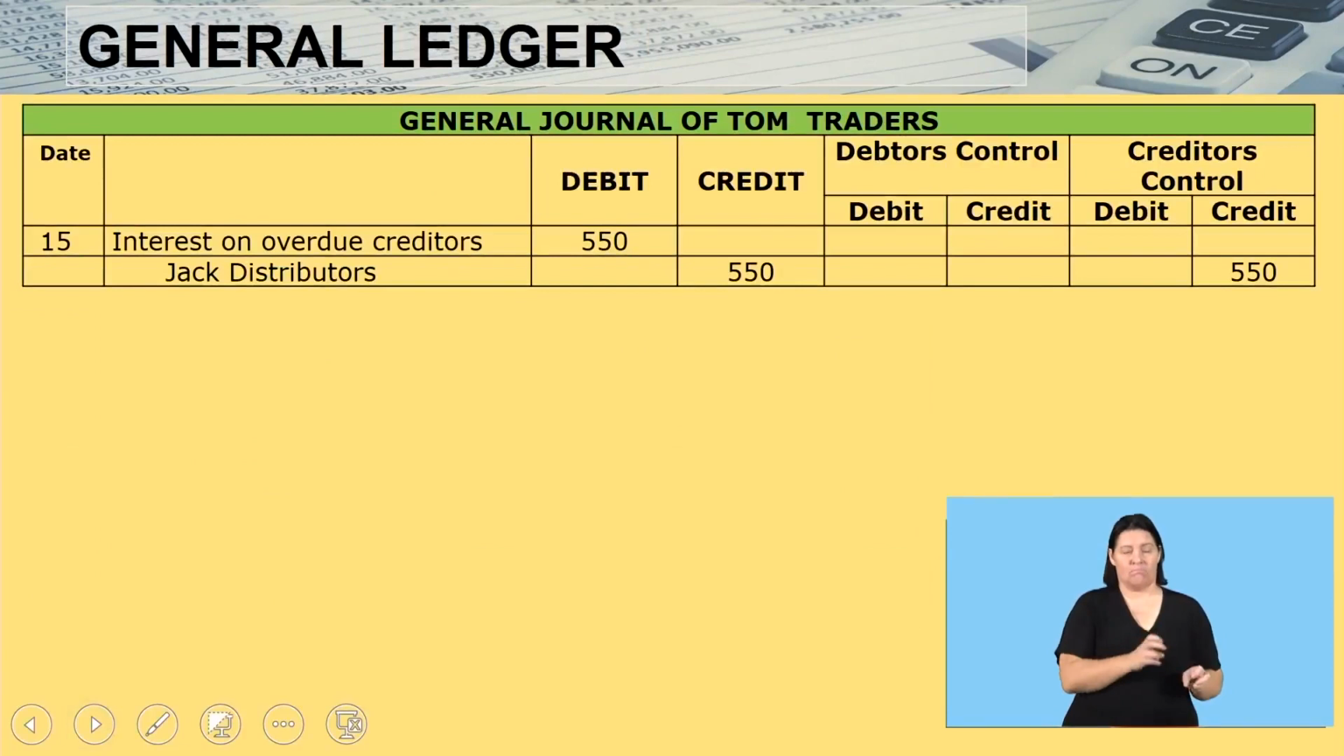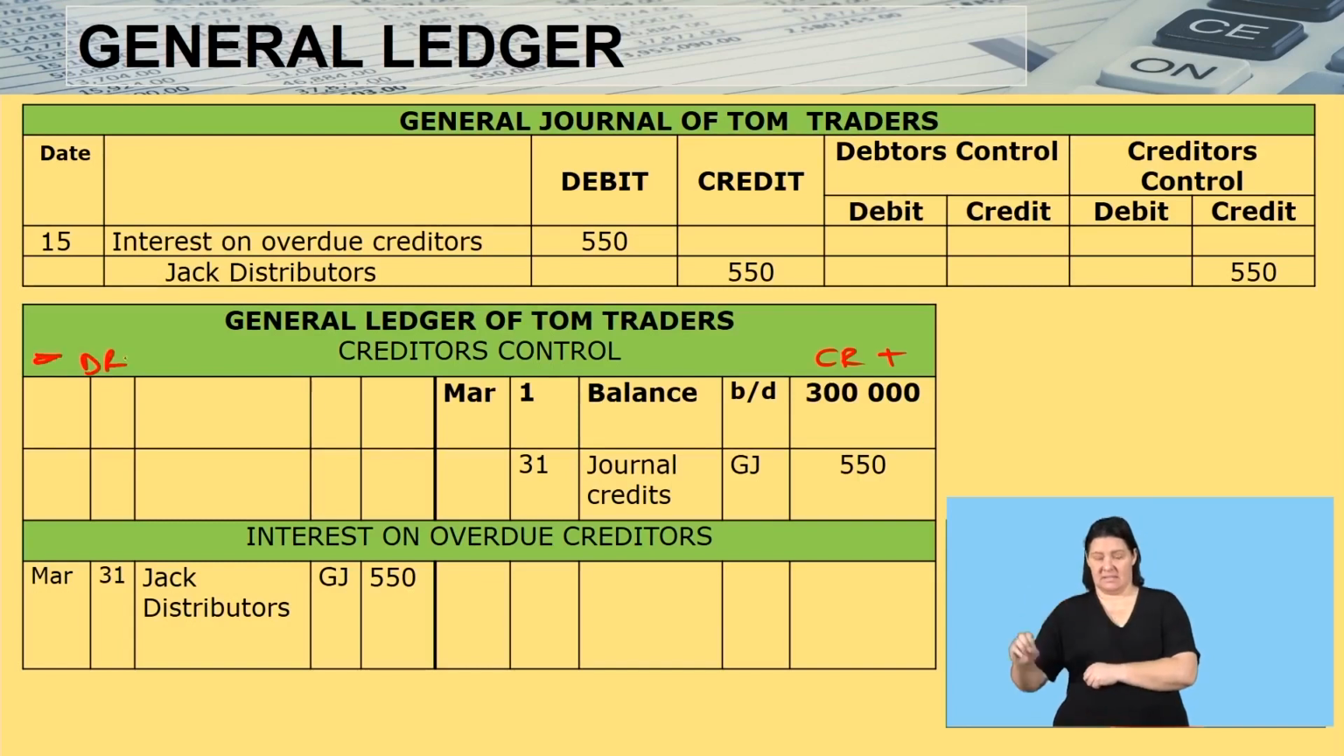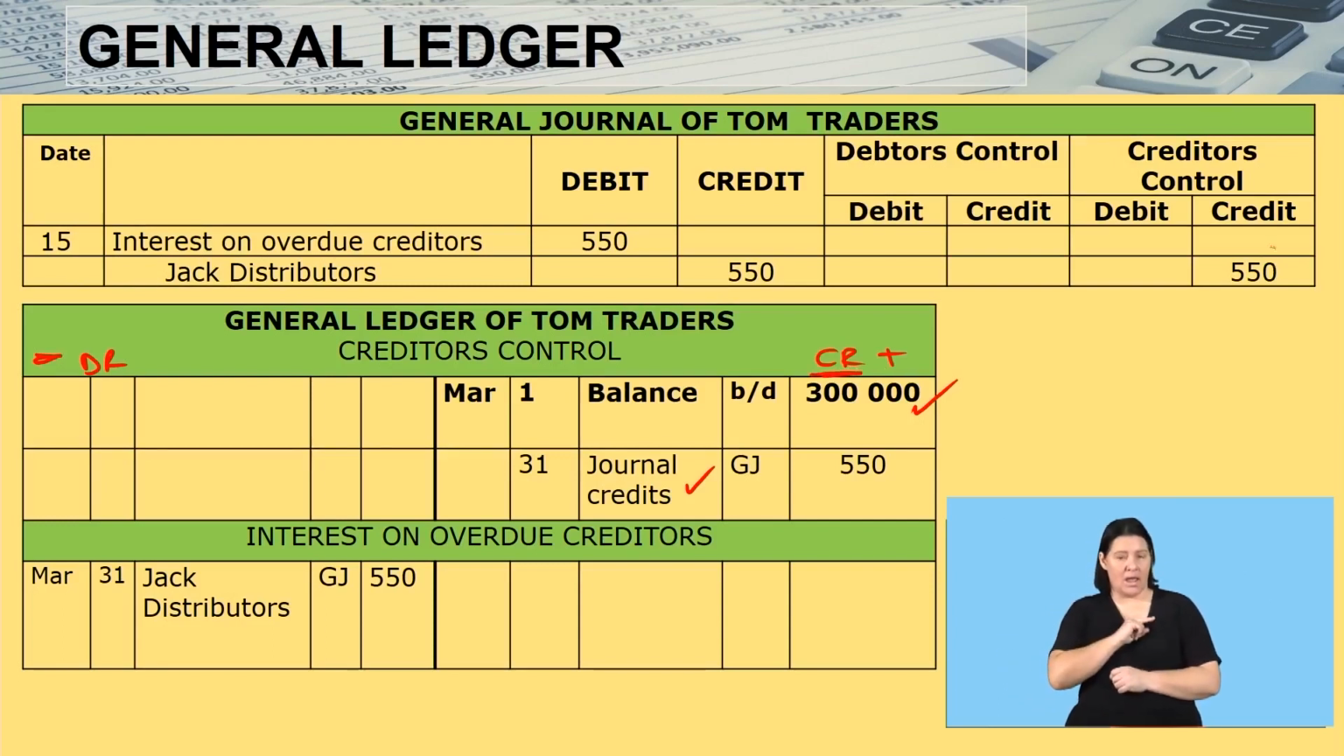Learners, let us quickly move on to the general ledger. Here is our GJ, and we now have our general ledger. Our creditors' control increases on the credit side. Here is a plus. It decreases on the debit side. We were owing 300,000 and we were charged interest. So we now say general journal on the credit side, because we have recorded an amount, as you can see, on the credit side. And the amount is from the GJ